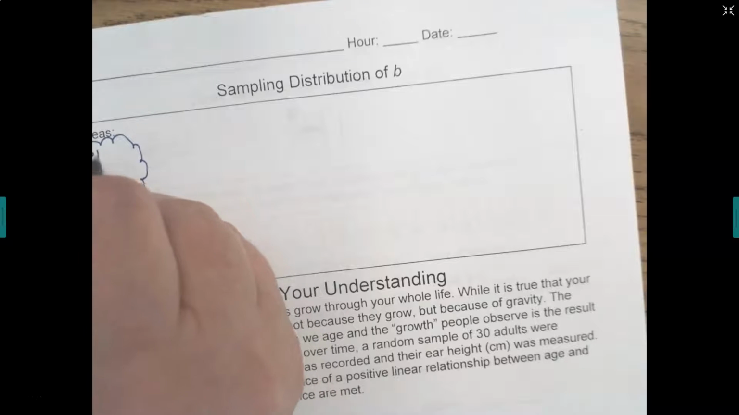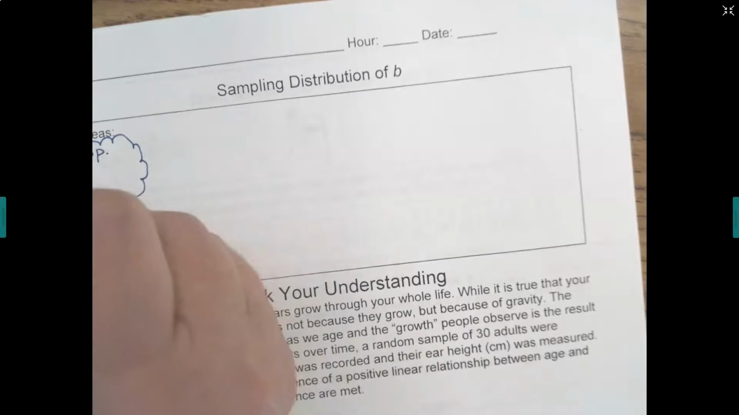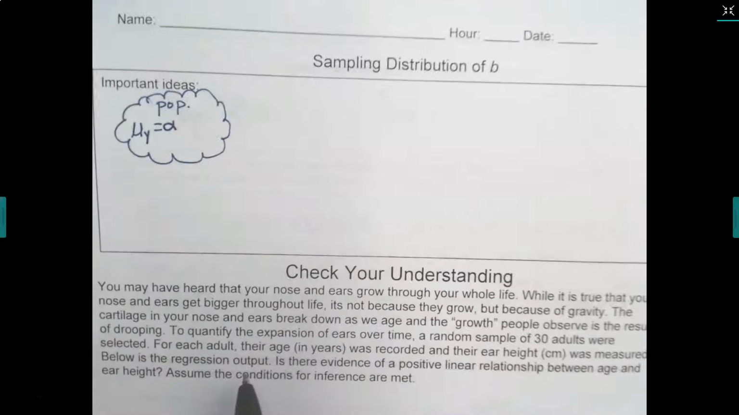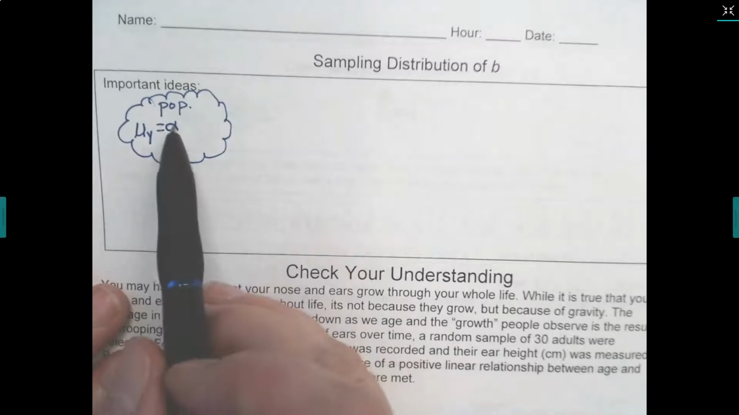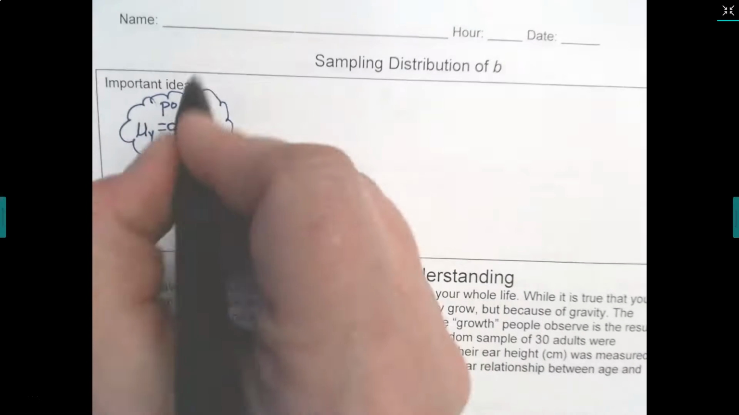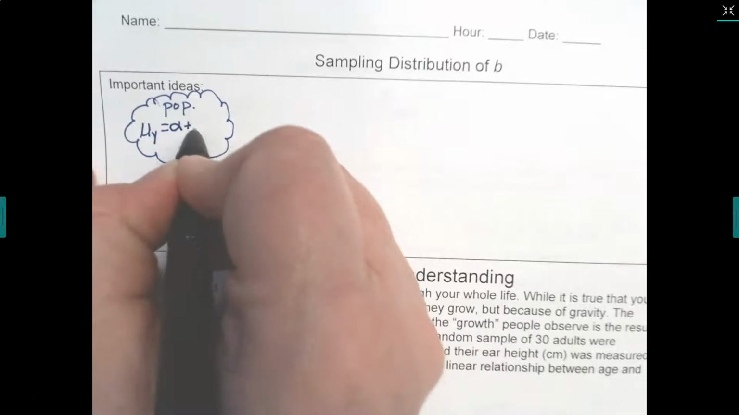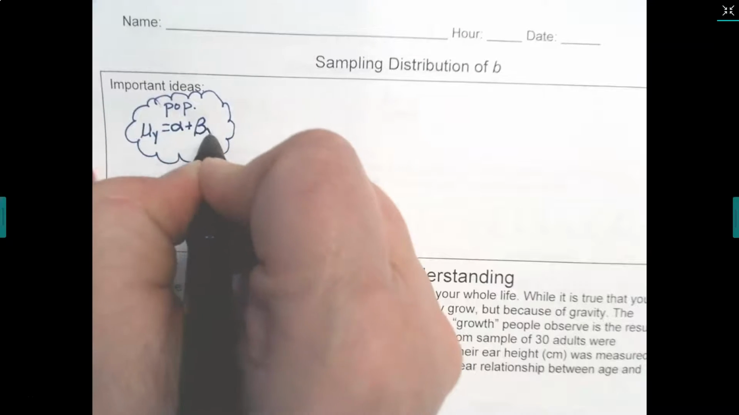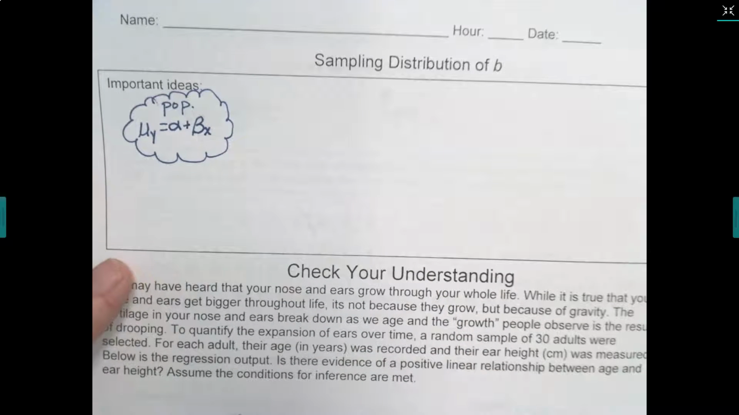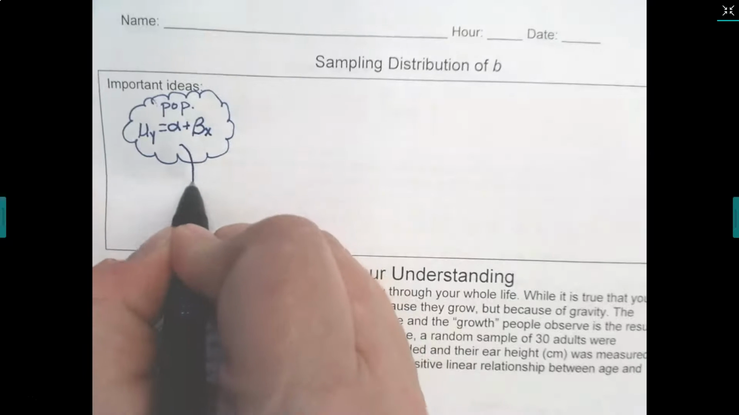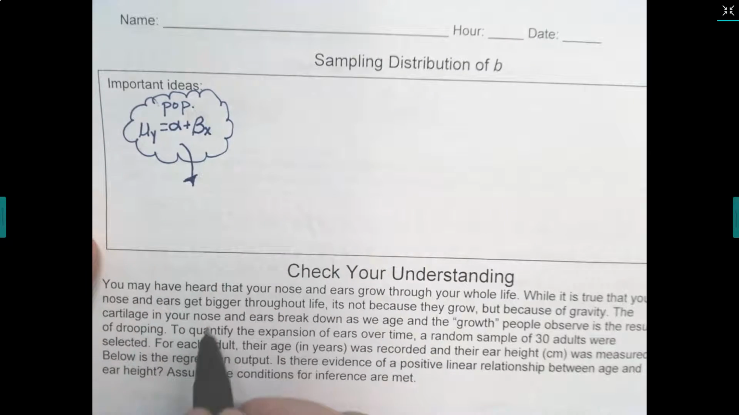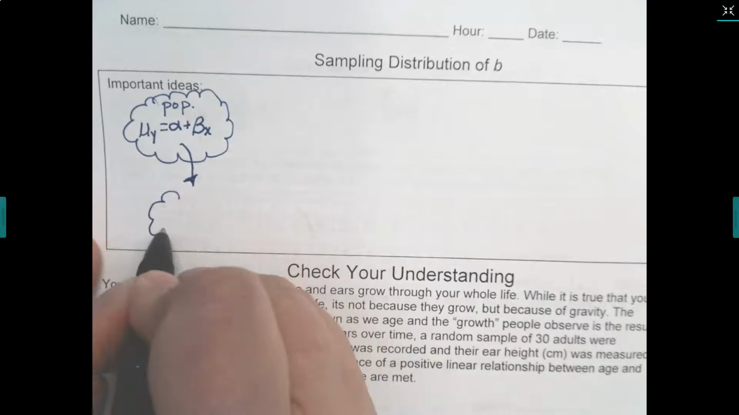So for the population, we're going to say the mean of y equals, I'm going to use alpha, but it's not a significance level, okay? It's just the letter A. A plus bx. This is what the population line looks like, okay? We take a sample out of it, and when we take a sample,